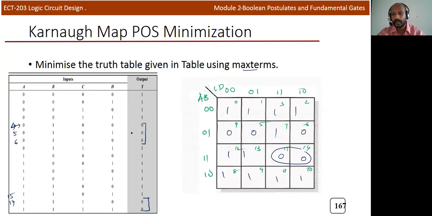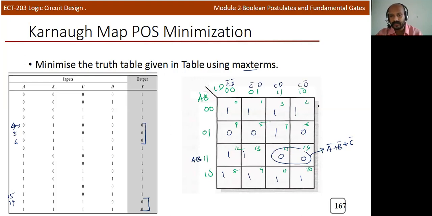If you take this group, the term you can write like this. Here the common term is AB actually, 1, 1. So min term is AB, and we need to write the complement of that, A bar plus B bar. And column wise, if you look at this, 1 is common for both column 3 and 4. So 1 is represented by C, so we'll write C bar. This is C bar D bar, this is C bar D, this is CD and CD bar.